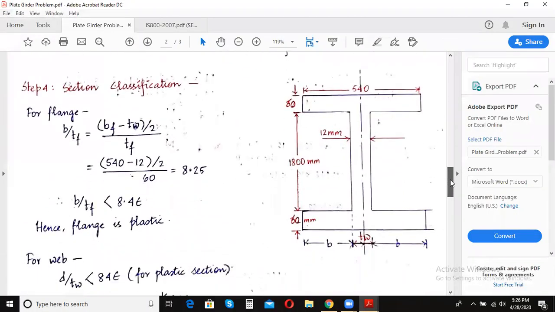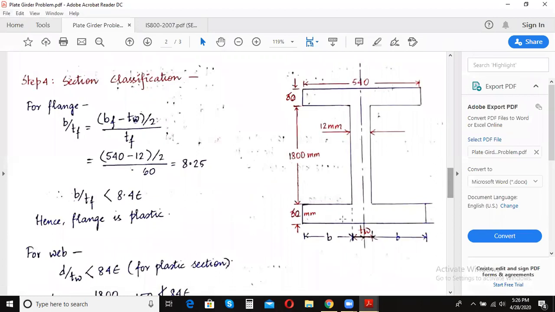Now, for a welded section, how much is B going to be? B is going to be calculated from the edge of this web to this edge of the flange. Okay, so B is nothing but this portion. Fine. So how do you calculate B?